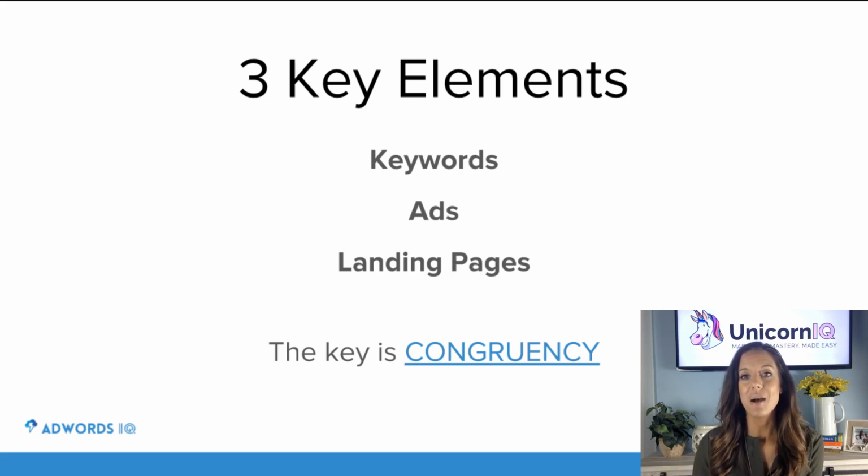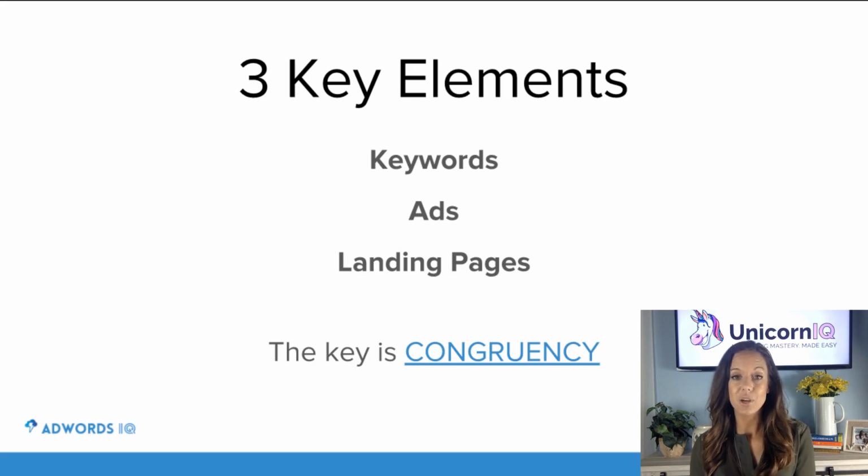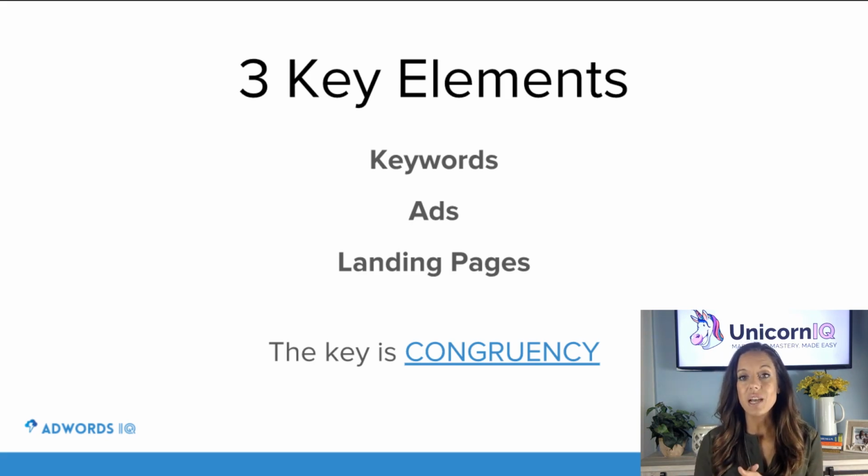on the page. But you need to be careful with the searcher's intent and really take that seriously. For example, if someone uses a keyword that is clearly a research intent type of keyword, then don't send them to a product checkout page. Just use common sense. If they're using a keyword that's clearly showing intent to purchase, like buy a computer online, then send them straight to a product page that has an add to cart button on it. Just use your common sense. And if you can master this, you'll be really well on your way to getting high quality scores in